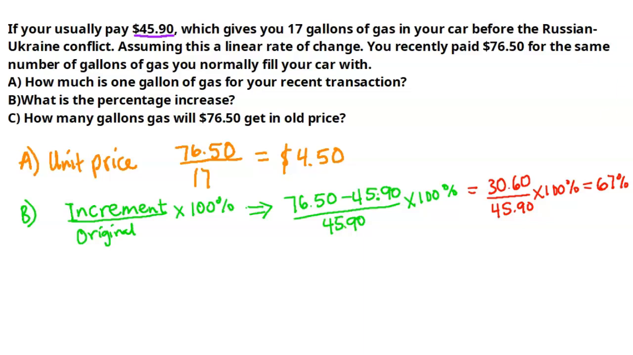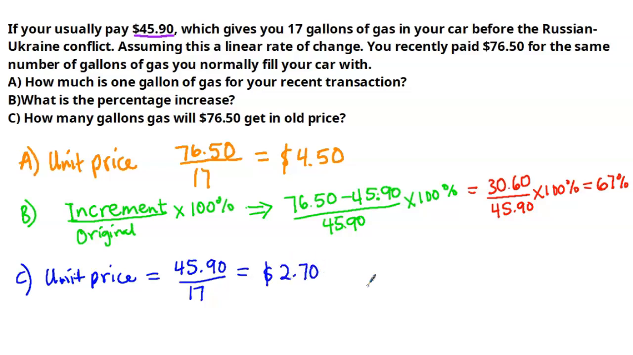As you're watching the video, leave a comment and let me see how much yours has increased. Now we want to find how many gallons $76.50 would have gotten us in the old days. If nothing had happened, how much could we have gotten with $76.50? We have to know the unit price in the old days. When we talk about unit, it means 1. We know that the total cost was $45.90, and then we divide it by the total gallons, and that is going to give us